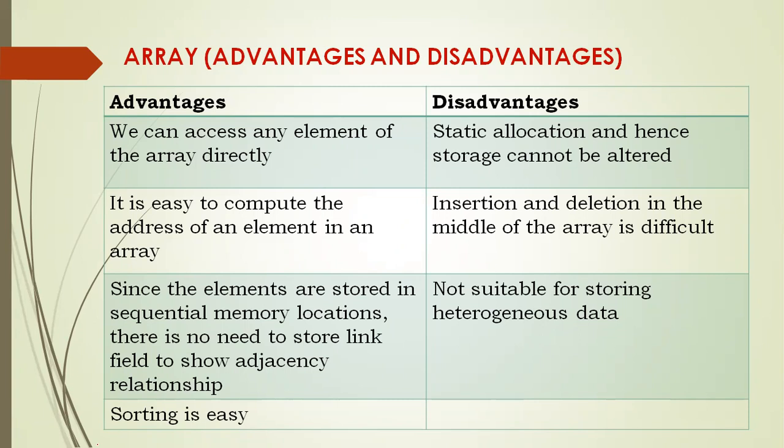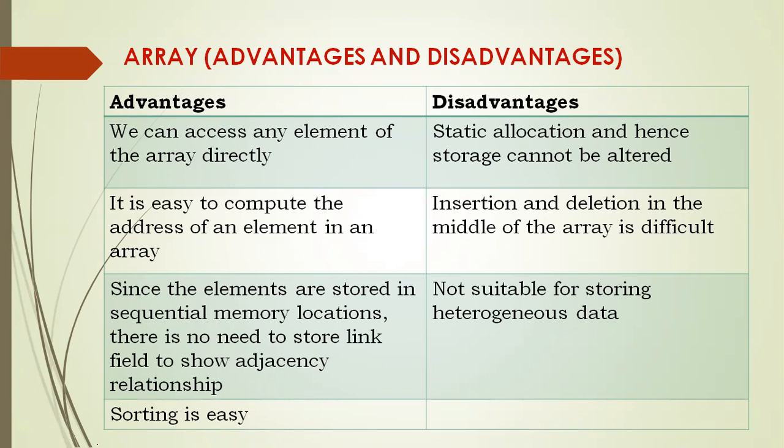One is, in the case of an array, you have to specify the size in the beginning, like int a of 20. Then, whether you use it or not, 20 locations will be reserved. Similarly, if you write int a of 5 rows and 5 columns, whether you use it or not, 25 locations will be reserved for you. So that is a set allocation. We call it static allocation.